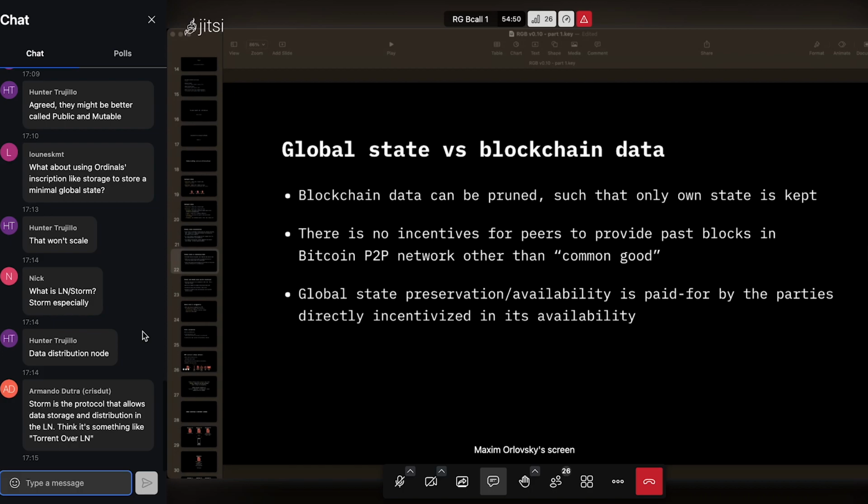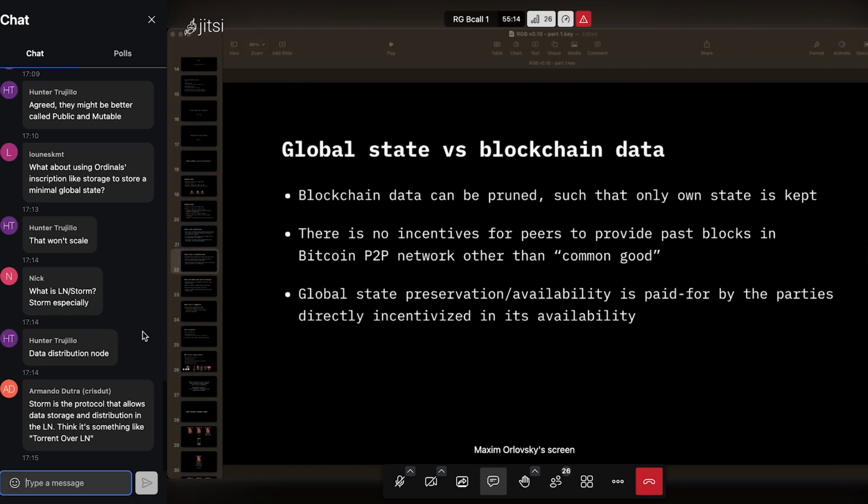Just an input to that, or an idea. And in future, it might also be that third parties would be interested in providing the data for a fee, so that if you lost your contract, you can just buy it from someone who owns it on his network. Absolutely, and that's the idea of the Storm network, which runs on top of Lightning, and where you can, for